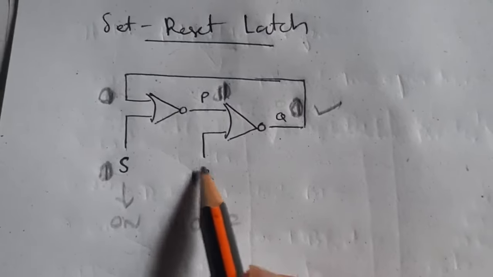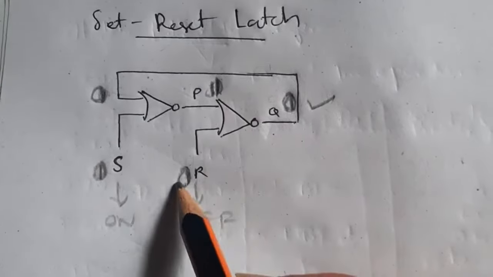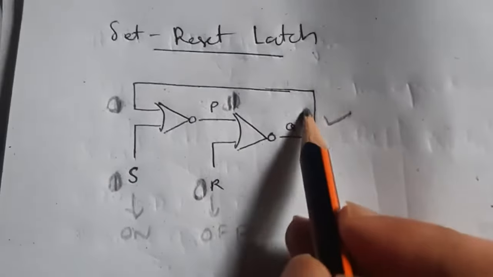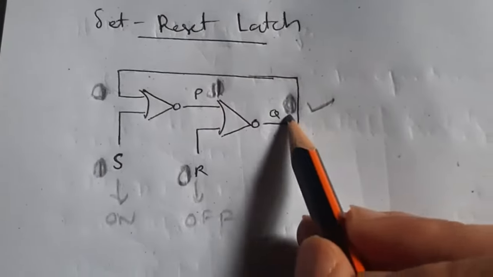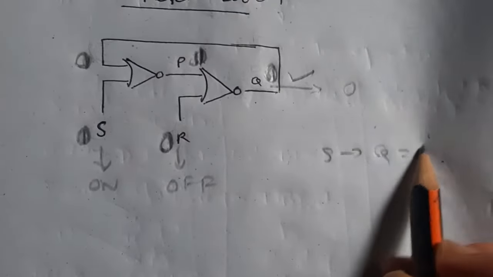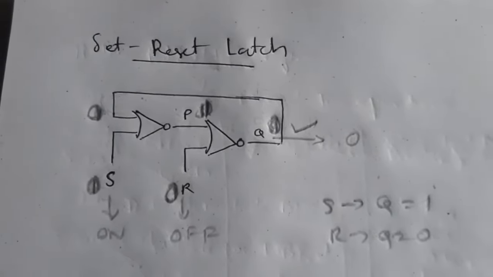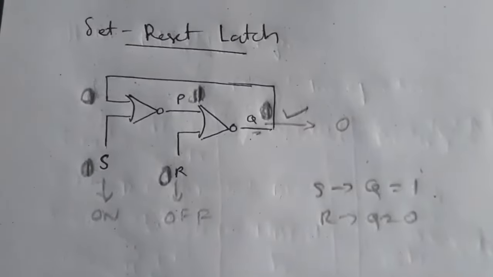Here, even if I release, it doesn't make any difference. The output of 1 and 0 is 0, right? So it will become 0 here and it will stay 0. Now Q has become 0. See, when I clicked S, Q had become 1. When I clicked R, Q had become 0. Okay, so that is known as a set and reset latch. A latch is nothing but it holds the value, okay, in Q.